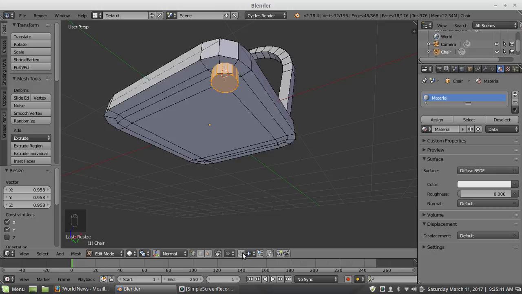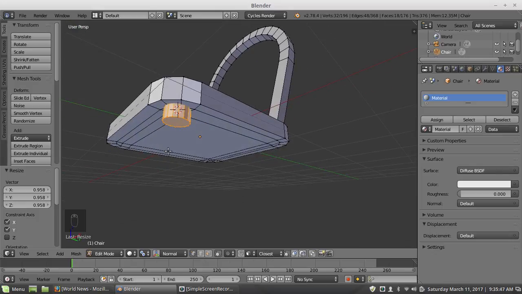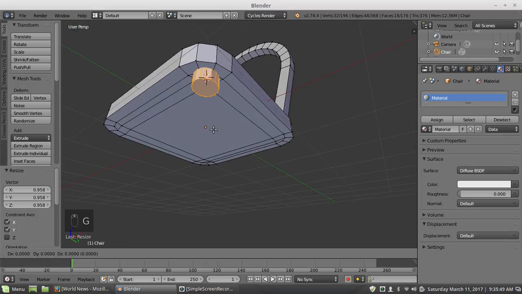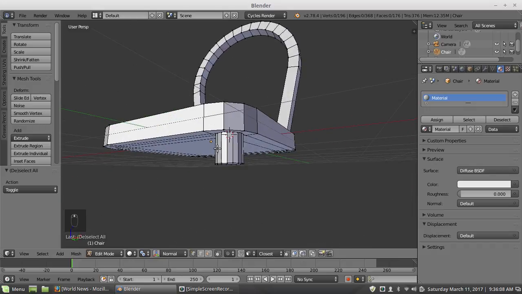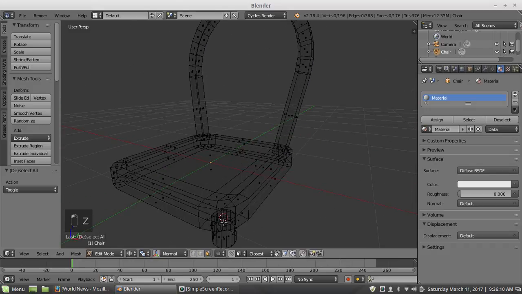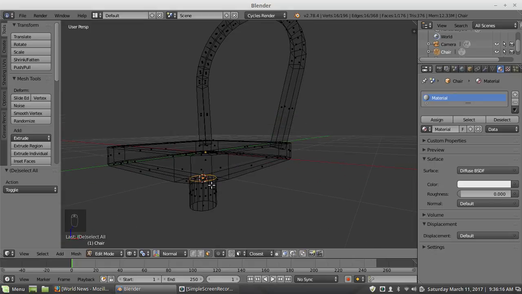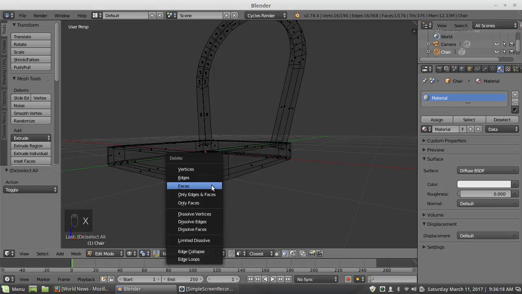And I'm going to use the magnet with snapping, so I am going to switch to face mode and closest, which is fine, and I am going to move on the Z axis. And then to turn on snapping temporarily instead of having to click on the magnet, I'm going to use Control. So let me move it down below it first. And there. Okay. So that is the chair leg. And if I can get that face, I don't need that face anymore, so I'm going to hit X and F to delete it.